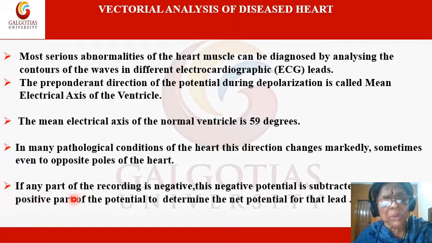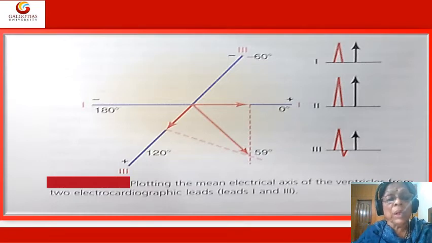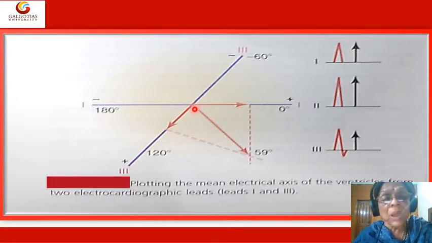In any part of the recording, if it is negative, this negative potential is subtracted from the positive part of the potential to determine the net potential of that particular lead. Now, let us come to this recording. This is the recording in lead 1. This is the recording in lead 3. If these two recordings are available,